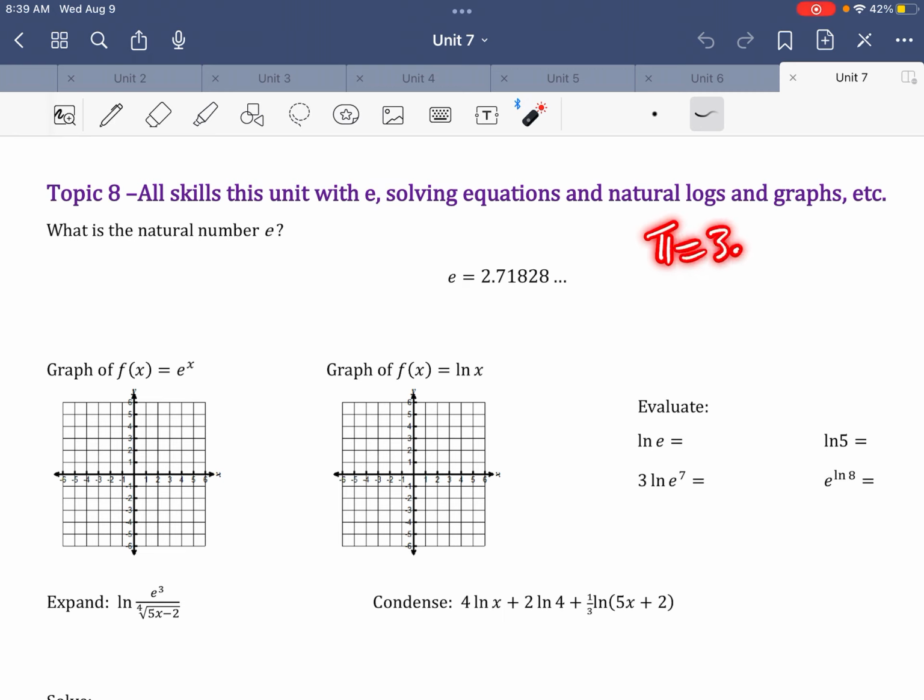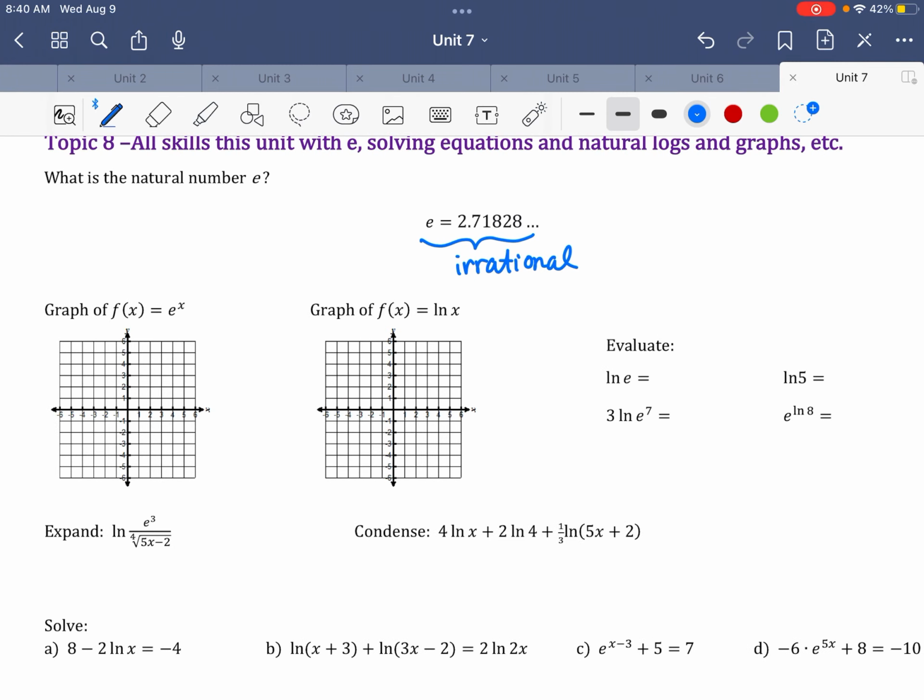So it's a lot like pi. Remember, pi, good old pi, 3.14, and it keeps going, never repeating, never having any pattern to it. So it's called an irrational number. So e is the same thing. This is an irrational number. But when we estimate it, maybe we'd say like 2.72 or something like that. So it's just a number that occurs, and a lot of times it gets used with logs and exponential functions,